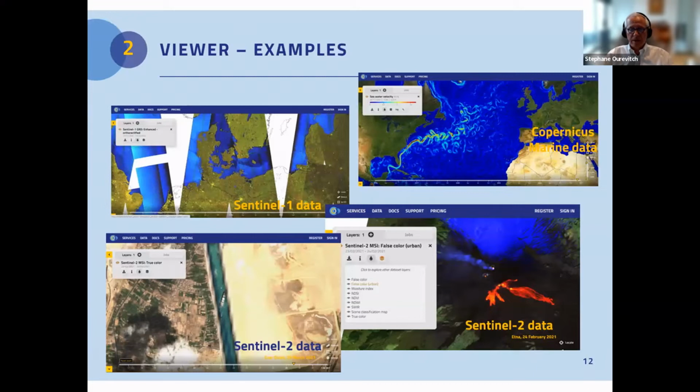You have this absolutely awesome viewer. You get some examples that can be used to visualize radar, synthetic aperture radar data from Sentinel-1, optical data from Sentinel-2. Here you can see that ship that got stuck in the Suez Canal a while ago. You can see the Copernicus marine data. You can see Sentinel-2 data. And it's very versatile and it's very easy to use. I mean, I don't have a technical background, I have a political science background, and I am using this viewer to discover